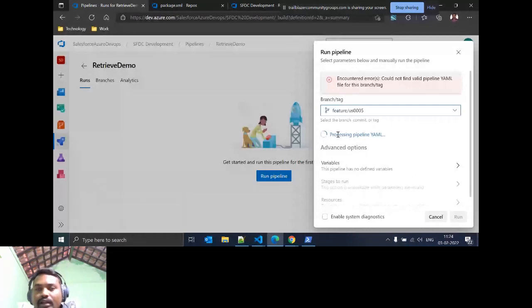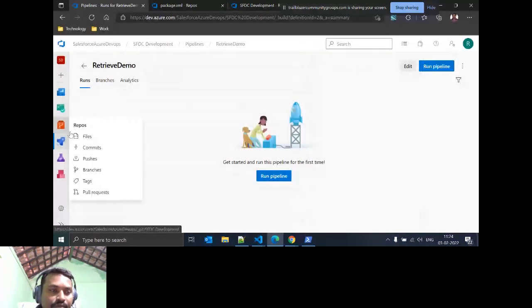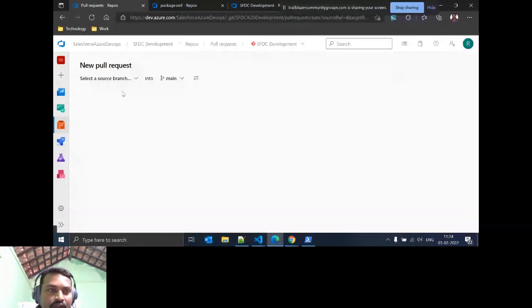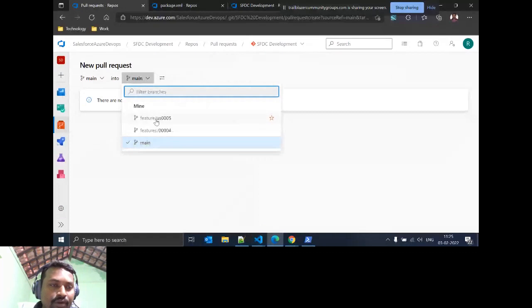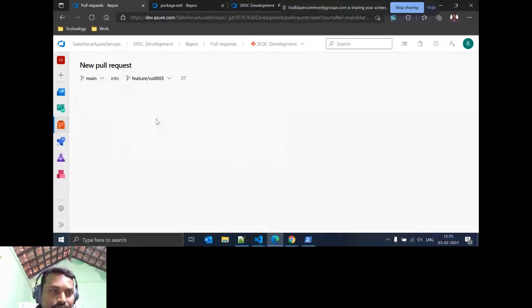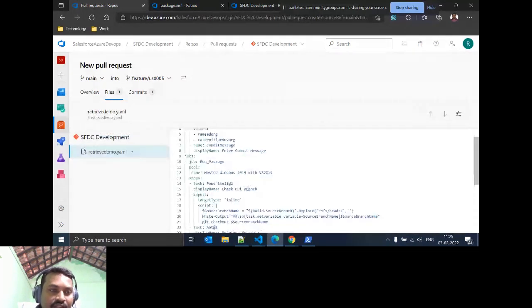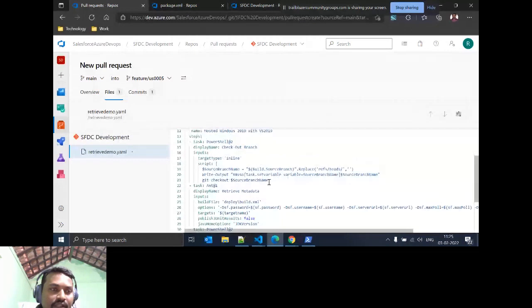That means you can raise a pull request to sync. You create a new pull request from master to your branch, because the DevOps user modified something on master. Select your branch. This particular PR will say that you modified this demo file, which is why the pipeline is not running. This is the demo script.